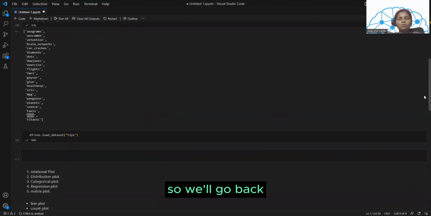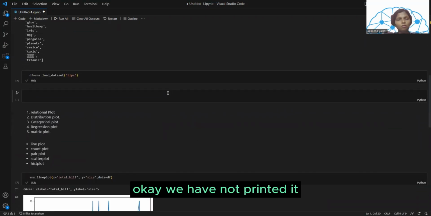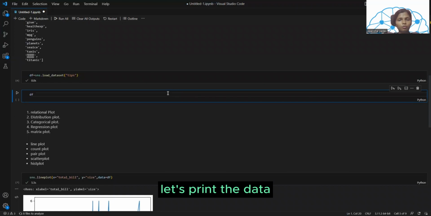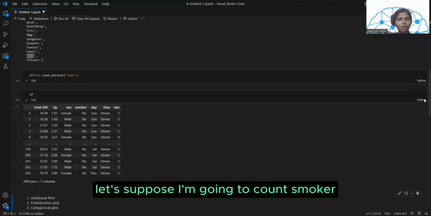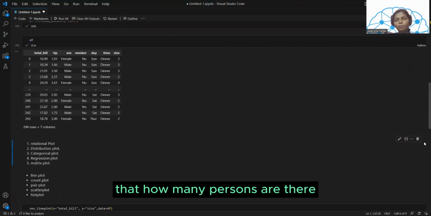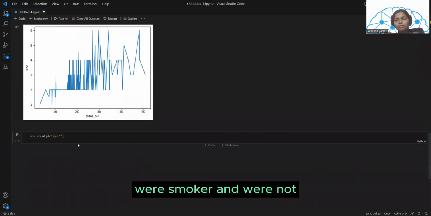So we'll go back, we'll check for the data. Okay, we have not printed it. Let's print the data. Yeah, so we have smoker. Let's suppose I'm going to count smoker, that is, how many persons are there who are smokers and who are not. So I will use